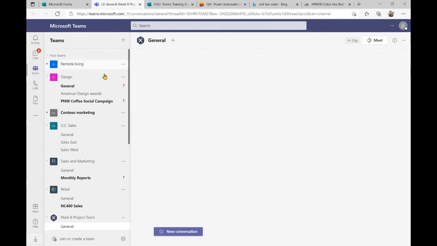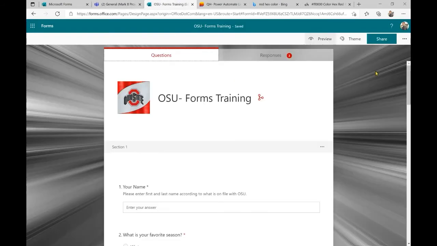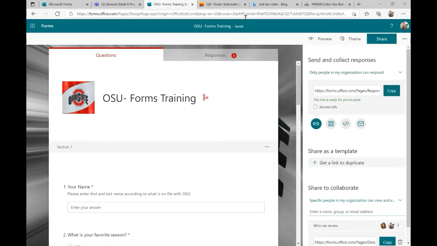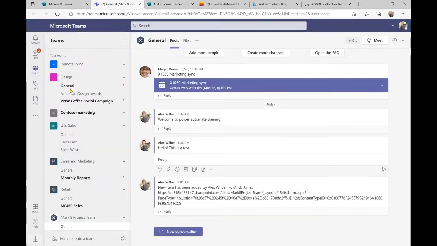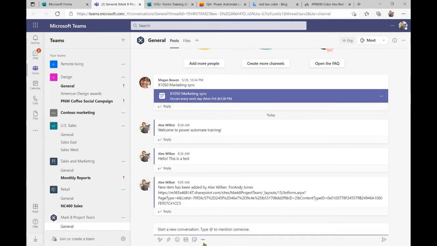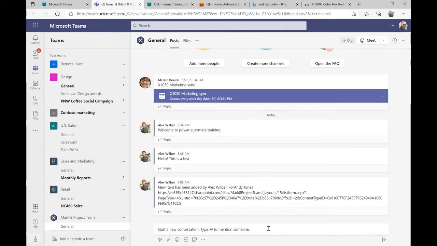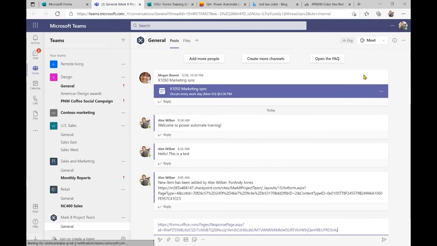If you want to share it in a chat, you just come here, collect responses, copy the response link, and throw it in a chat message, a channel, whatever. Here where it says new conversation, you can copy that link, and then people can take the form. Pretty simple and straightforward.